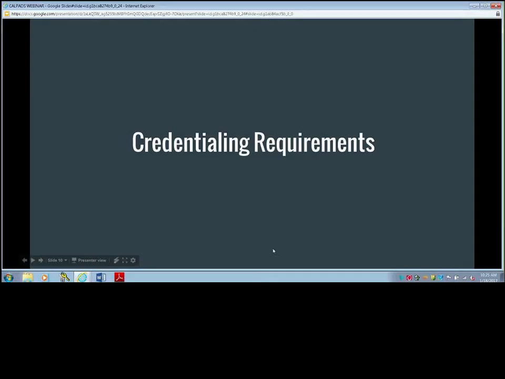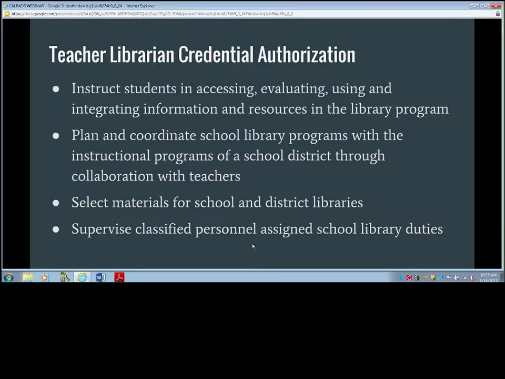Erin will go over this in greater detail in a little bit, and then we will also be going over the requirements to earn a teacher librarian credential or emergency librarian permit. Now, before we move on, it's important to note that teacher librarian regulations were amended in January of 2013 based upon recommendations made in 2011 by the Teacher Librarian Services Credential Advisory Panel.